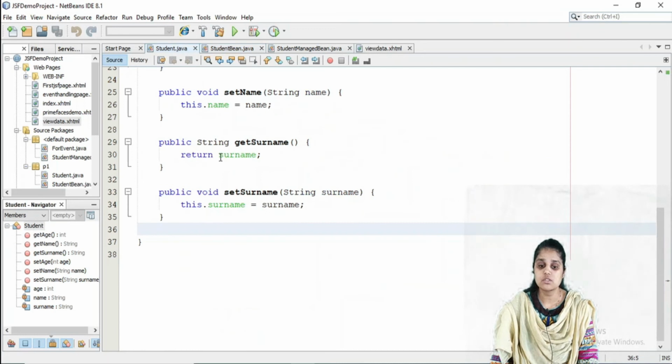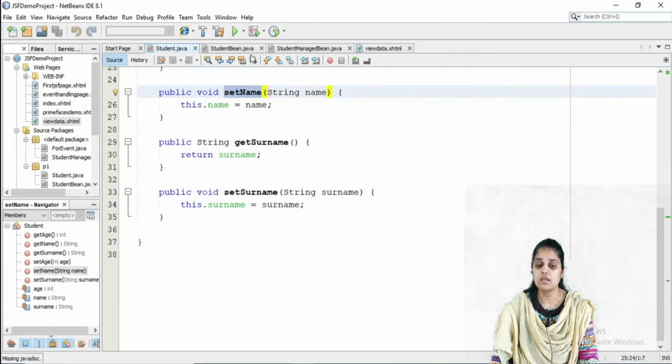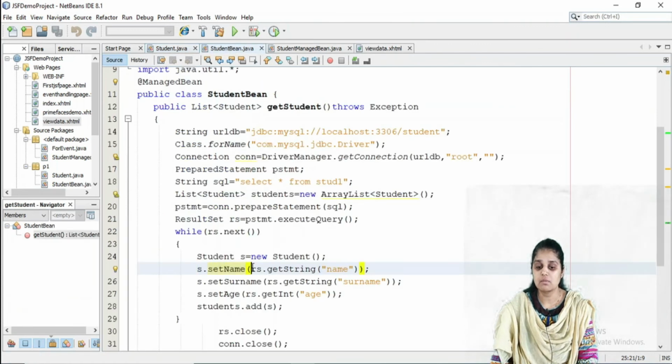This class has setter methods which take in a parameter. So for setting the name, the parameter which is going in as name is what is taken from the table or from the database. Okay, same thing, and we are adding this into the array list.